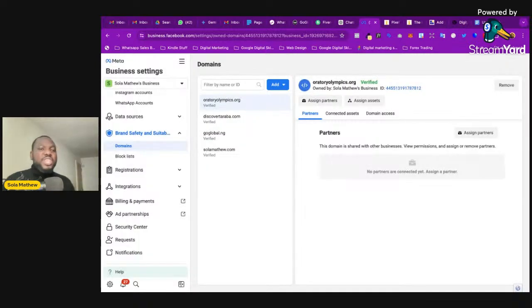Now that is all you need to be able to set up the pixel that you want. Okay, it's as easy as that. Super easy. Okay, it's as easy as that. All right,